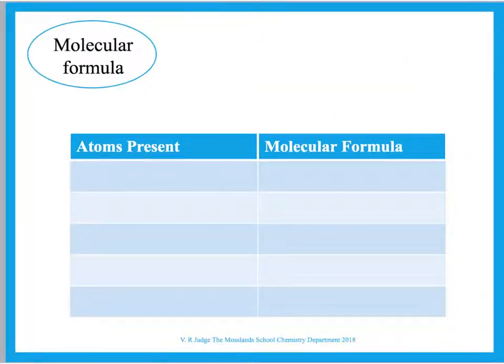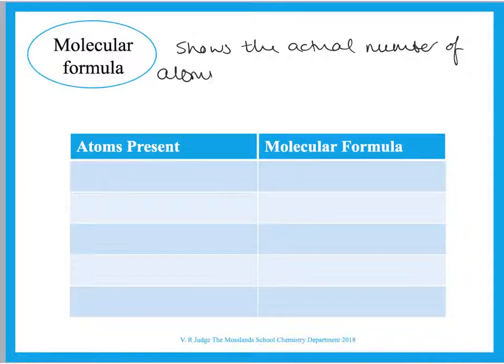Okay, so first up we've got molecular formula. Now, this is something that you should be very familiar with from Key Stage 3. So in the past, when you've been asked to write a chemical formula for something, you've written the molecular formula more likely than not. So H2O, water, CO2, carbon dioxide, these are molecular formula. And the molecular formula shows the actual number of atoms of each element